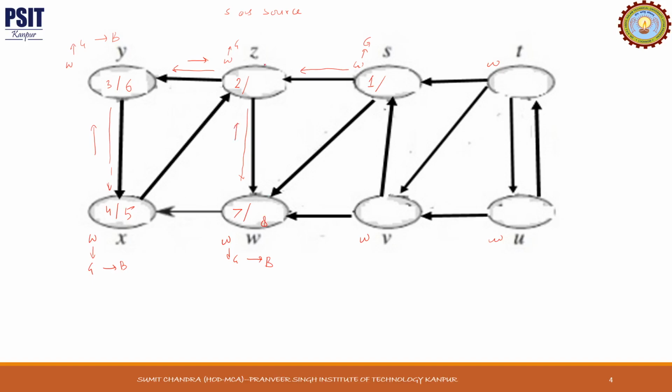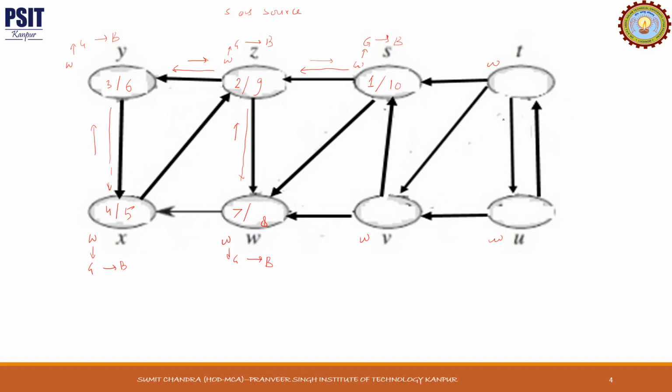Now we'll again backtrack, we'll go to Z. Since all neighbors of Z have been explored, its color will become black, and we assign a finish time. Then we backtrack to S. We check the neighbors of S. The neighbors of S, W and Z, are already explored, so since the list has been examined, the color turns to black and we'll assign a finish time here.